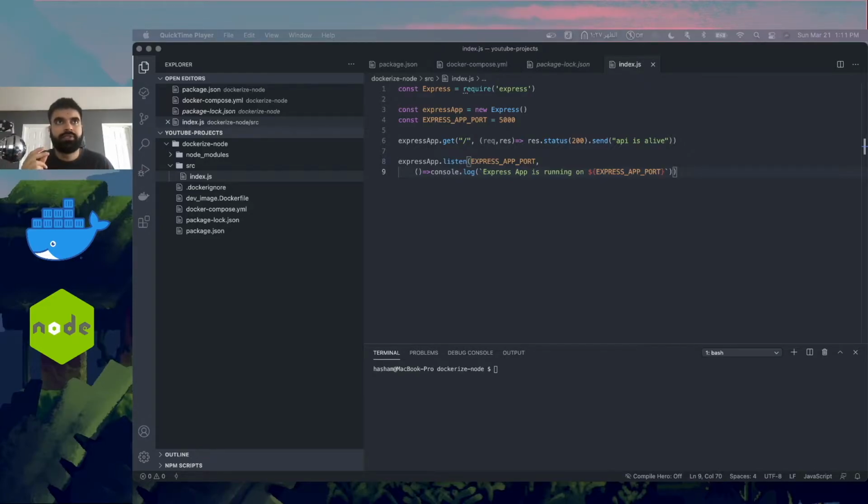So let's discuss this. There are three reasons that I can think of off the top of my head, those reasons why Docker is awesome. So first reason is that